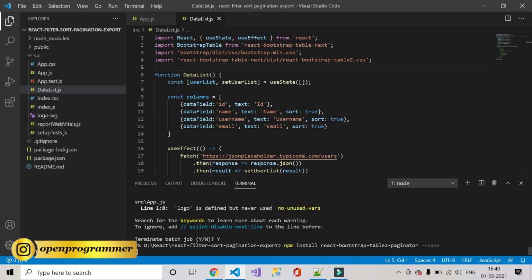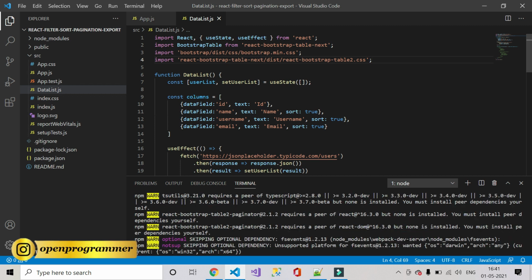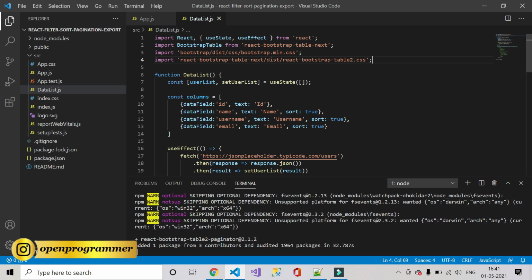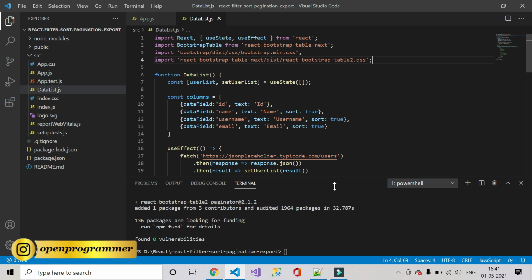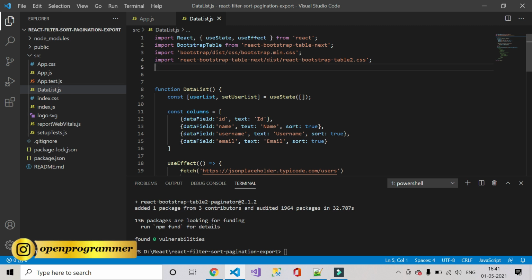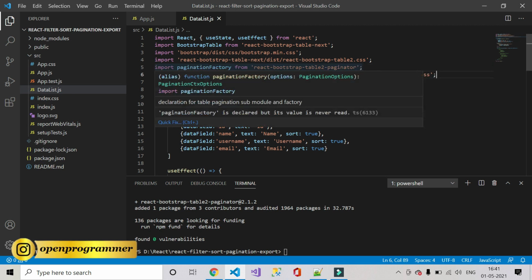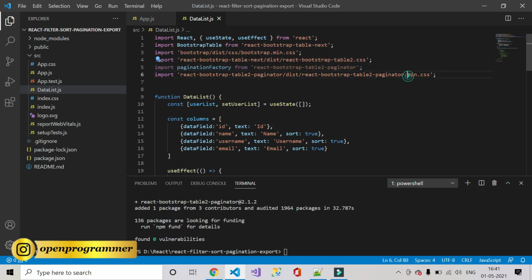Install it. It will install all the pagination related files and folders and dependencies which we will use to make pagination. So the package has been installed. Now we need to import that pagination factory from this package and a CSS file.